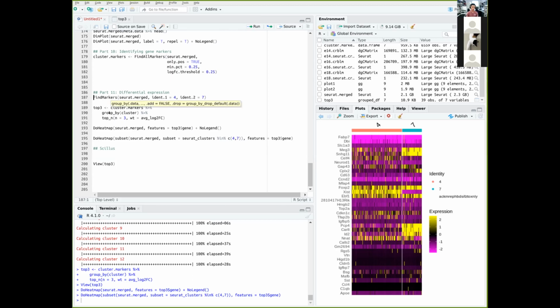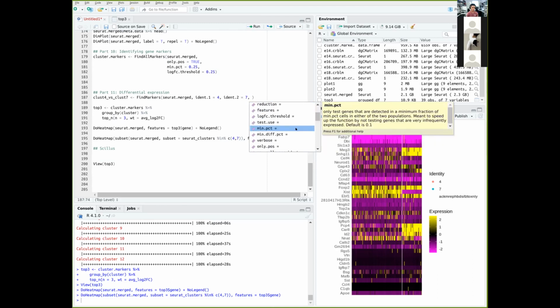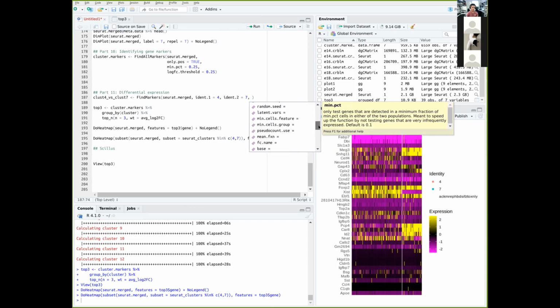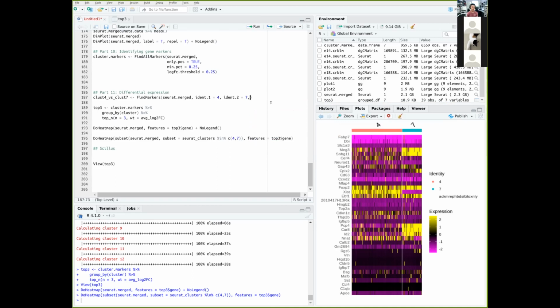Again, assign it into a new variable. So this is, let's say, cluster 4 versus cluster 7, right? And find all markers. And there are again a lot of other arguments that you can actually provide. For example, this min.pct is still there. This is the min.diff.pct, which allows you to select based on the difference in the percentage of cells. The fold change will also be there. Not fold change should be somewhere there as well. Yep, not fold change. So you can add on to the function to refine your list of genes as well,